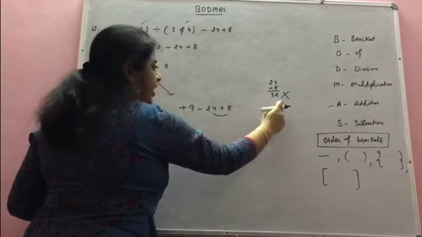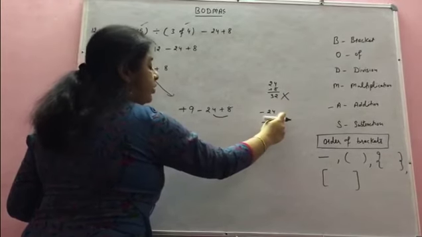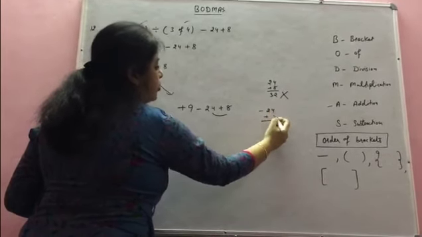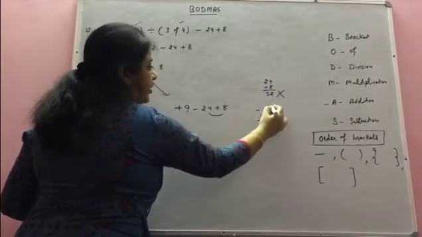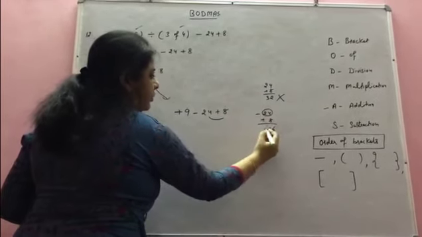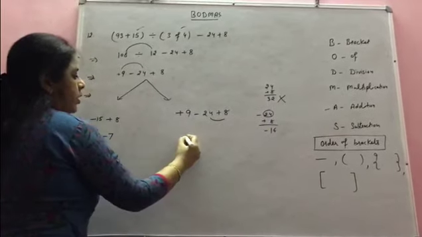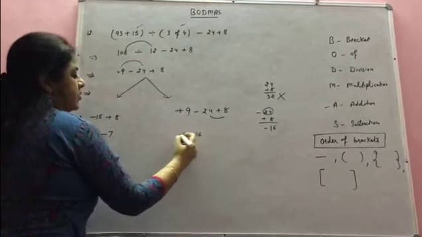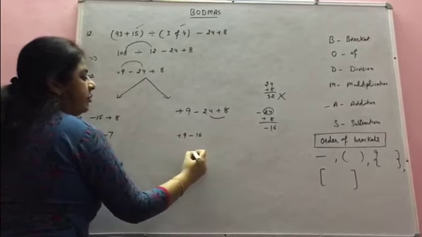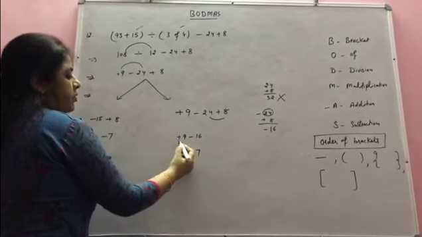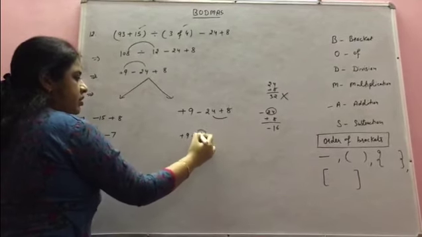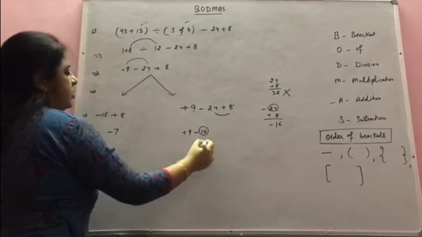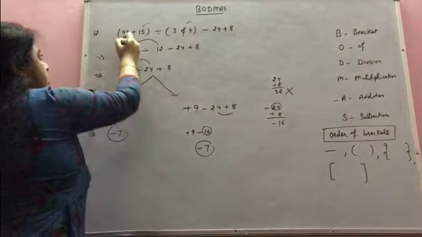Now one negative and one positive number is there. What do we do? Subtraction. So subtract it. What will the answer be? 16. And the greater number is this, so we will put a minus. Now plus 9 minus 16. What would the final answer be? Minus 7. Because one plus, one minus, we do the subtraction and the greater is this, we put this sign here. So this is the answer for this expression.